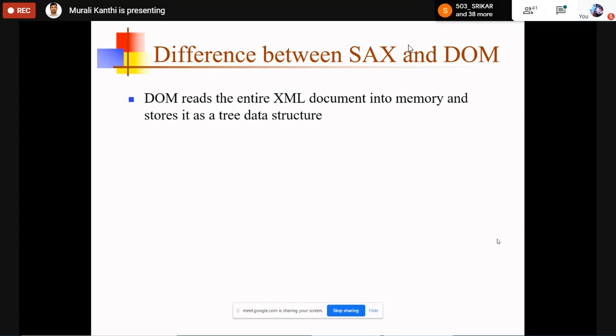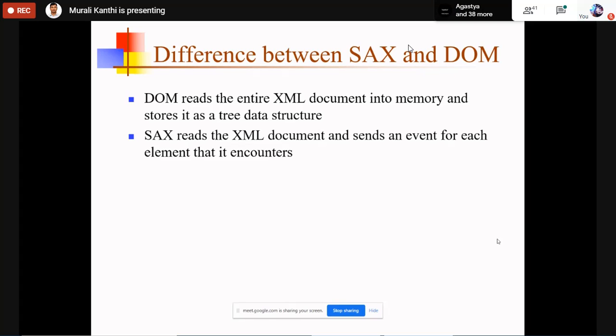While storing it in memory, it stores it like a tree. In the case of SAX, it reads an XML document and sends an event for each element that it encounters.